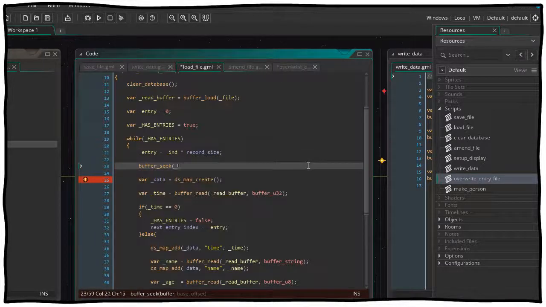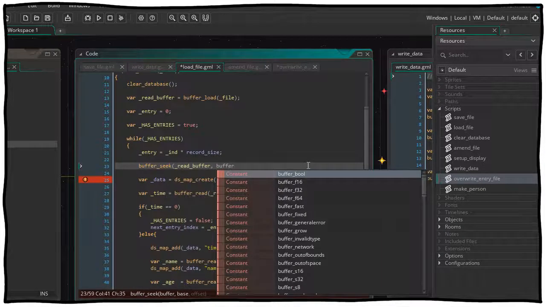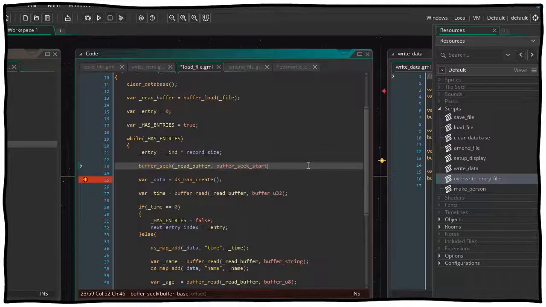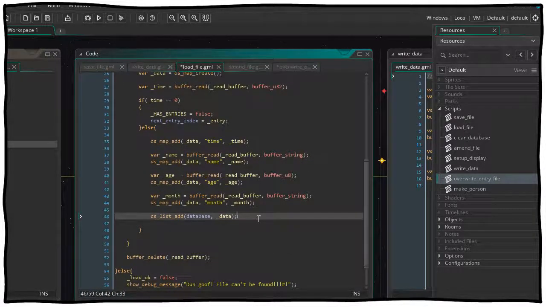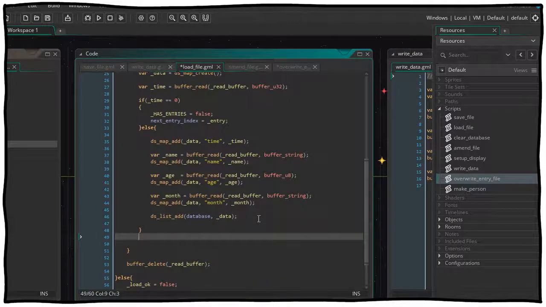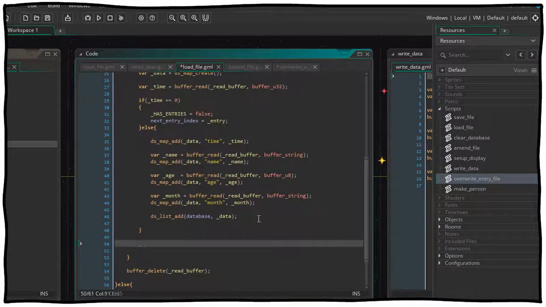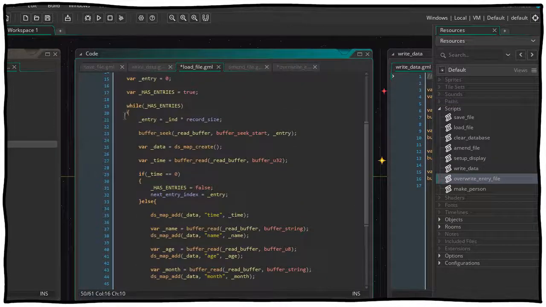We then need to manually position where we're reading from with buffer seek. So we say buffer seek, read buffer, seek start, and then entry. That sets our position to the next record position. Then we scroll down to here, right after this if else, and we increase the index with the incrementer, ++. So each time it goes through this while loop,